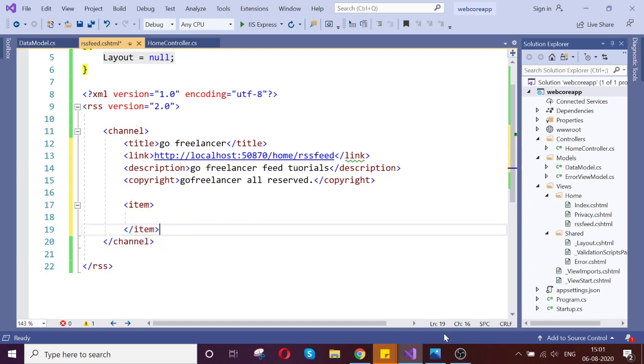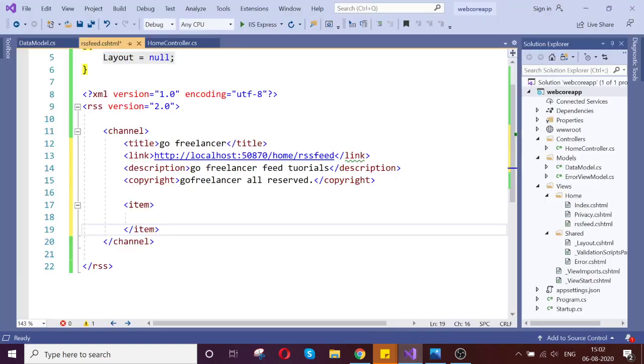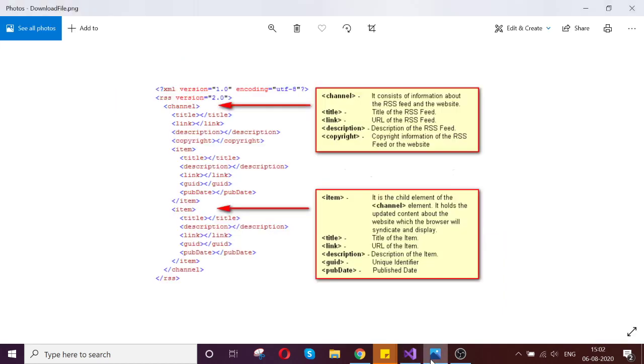Okay, cool. So what is required for an item? Basically title, description, link, and the publish date. Okay, fine, cool, which we already have. So just copy this and put it here. Additionally, we need GUID and pub date.